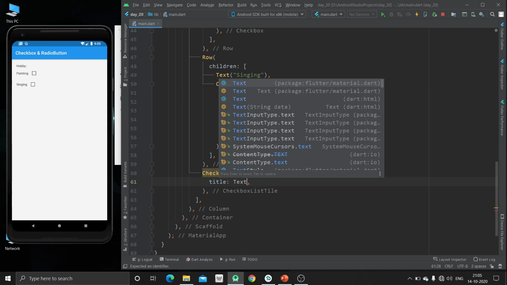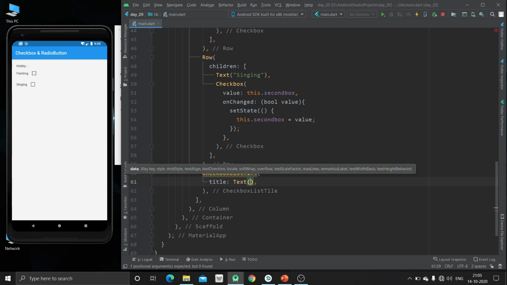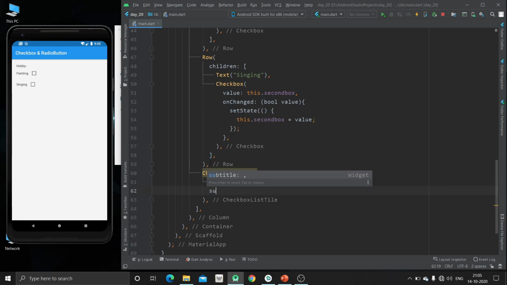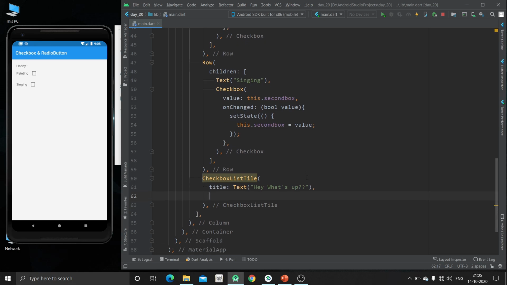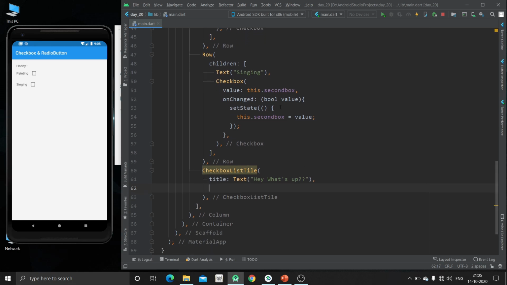So we can use some text inside this only. So it will be like "hey, what's up", and we can also specify some subtitle. Before that we will use the previous variable only.